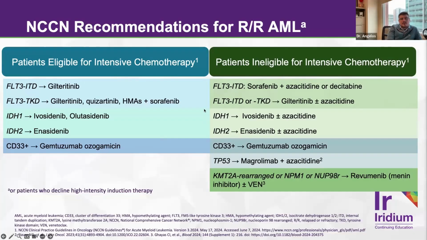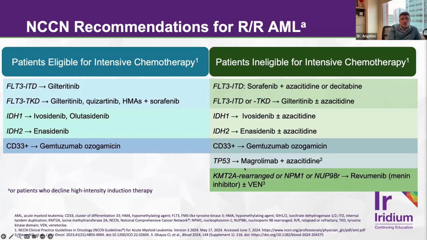If patients are really quite ill and they can't get any other intensive chemotherapies, again, very similar targeted therapies tend to be quite effective. I do want to introduce here that we now have some new drugs which are called menin inhibitors that we'll get into in a second. These are drugs that are effective for individuals that specifically have a KMT2A rearrangement. Generally, this involves translocation involving part of the arm of chromosome 11, or NPM1 mutations. And so we have revumenib, and now as of last month, ziftomenib, that are FDA approved for KMT2A rearrangements and also NPM1.